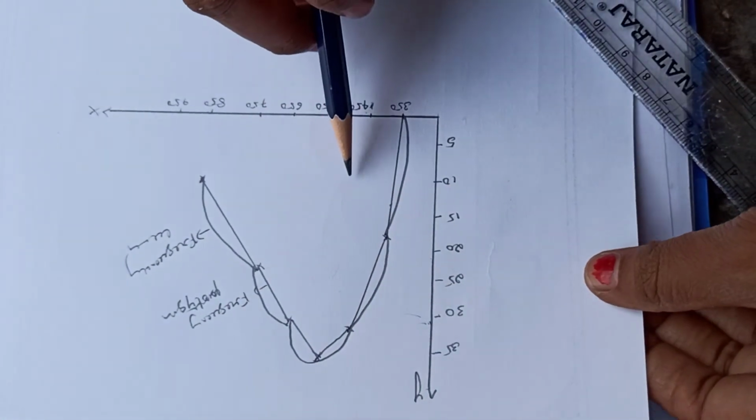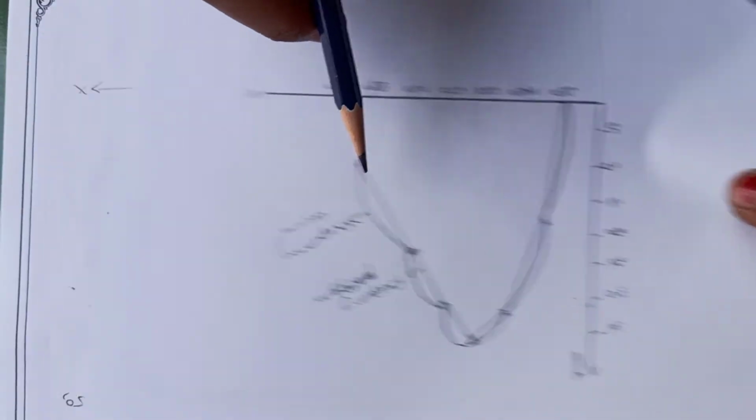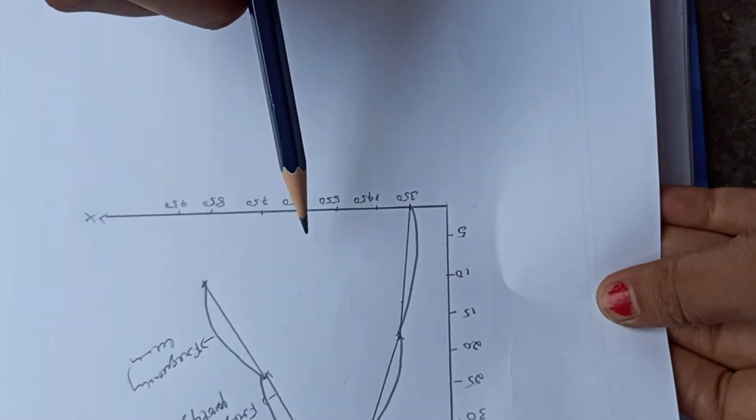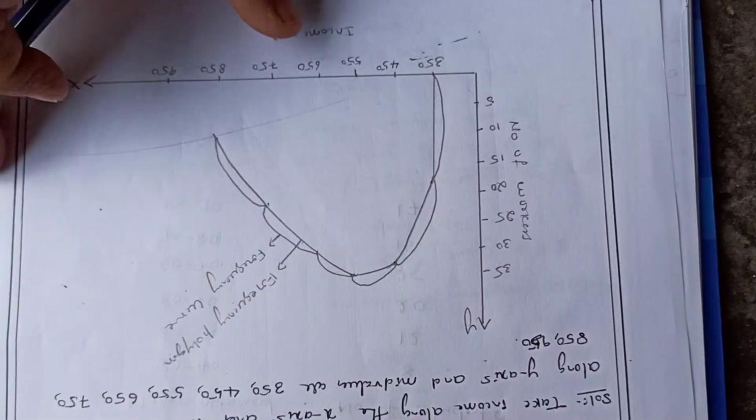So this is how you have to plot the graph. This is the frequency polygon and frequency curve. The same graph I have drawn here for the same example. So here next we have